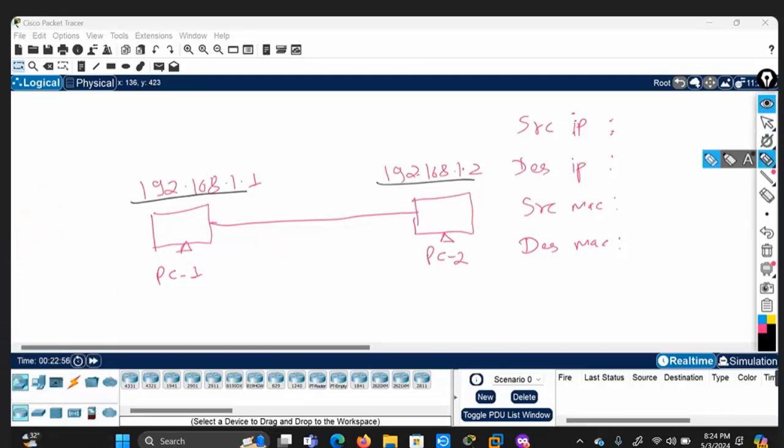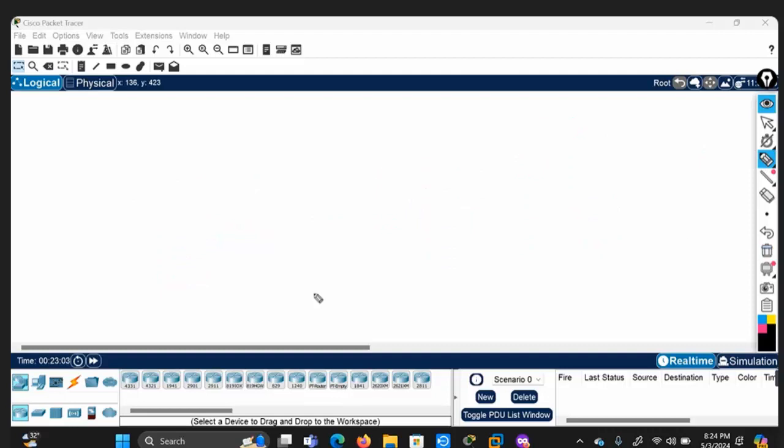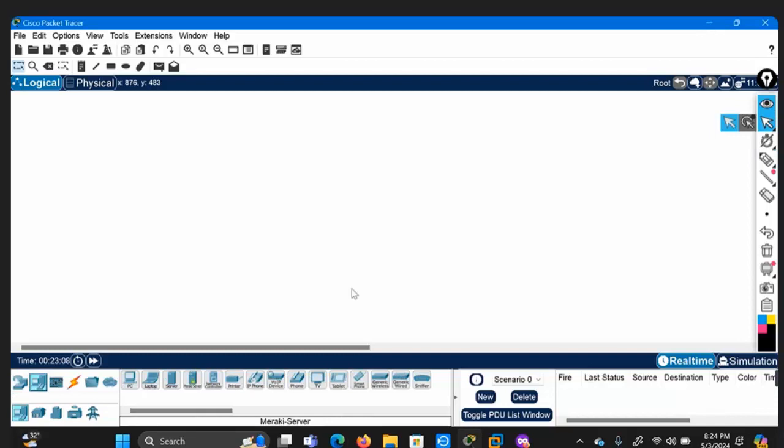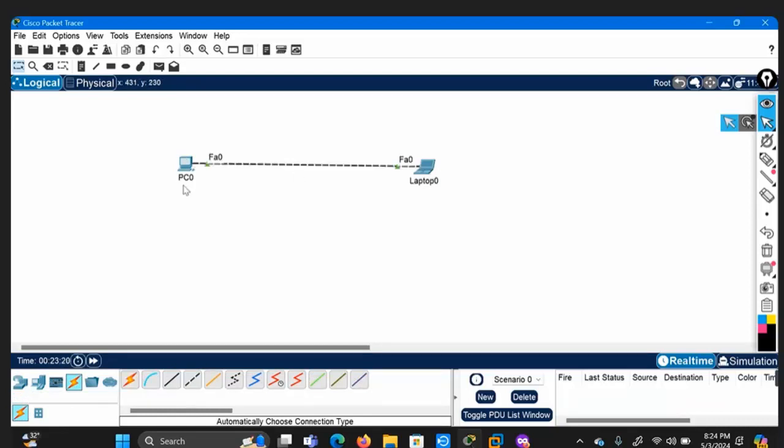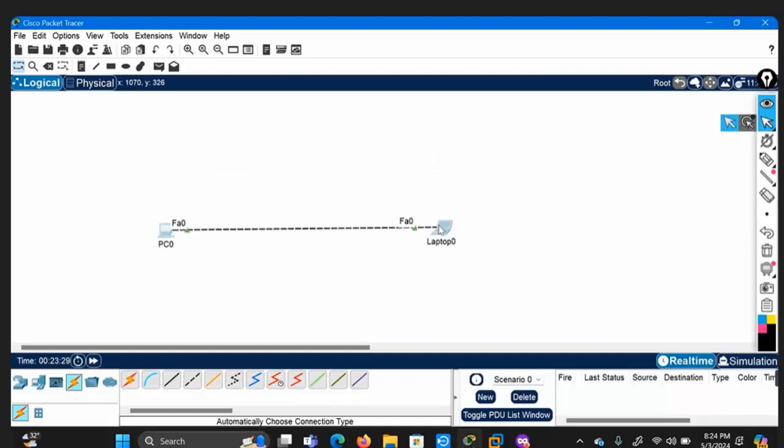So these are the respective IP addresses, right? We are going to use the ping command to demonstrate this scenario. I will be using two PCs from the Cisco Packet Tracer. This is the Cisco Packet Tracer software, which is used to emulate real networking scenarios. You don't need to buy real PCs and laptops to practice. This is the best software product provided by Cisco, and you can download and use it freely without paying anything.